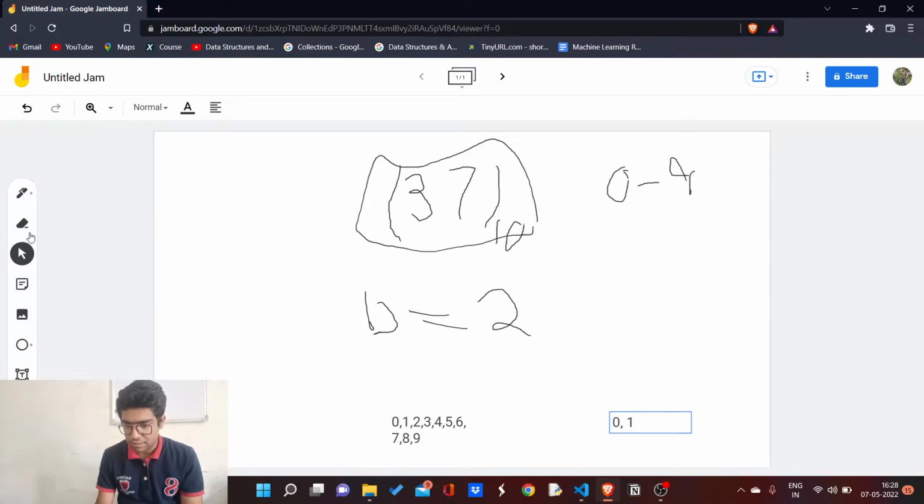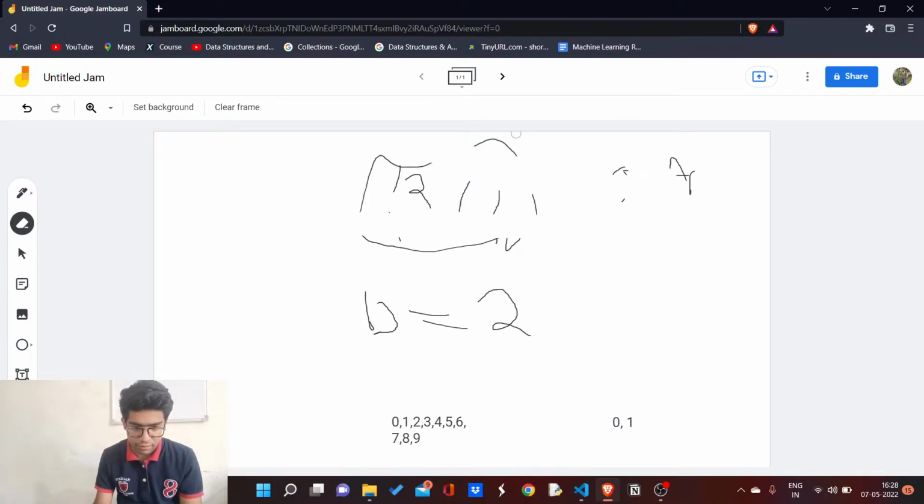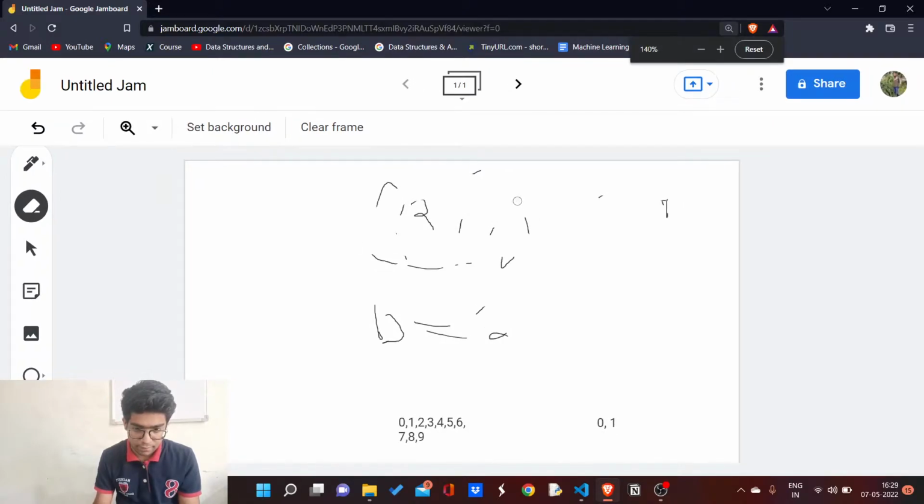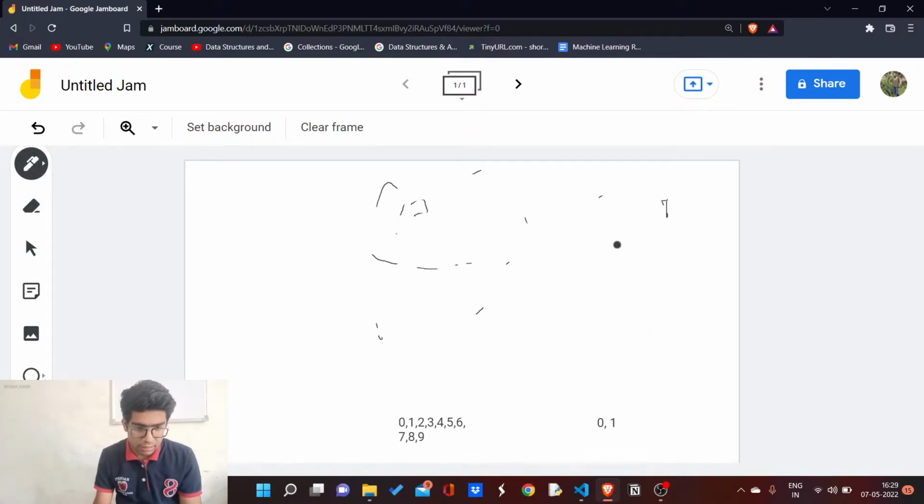Now here is the procedure for it. Let me erase all of this. So to convert a decimal number into a binary number, we have a few steps. We will divide the number successively by 2.